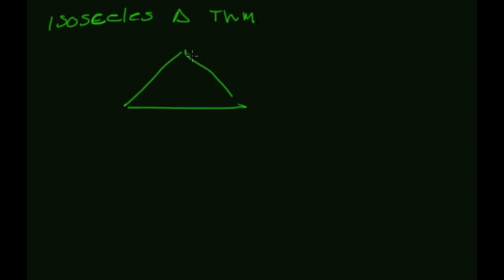Okay, so this is a named theorem, and it's called the isosceles triangle theorem. Basically it says that if I have a triangle that has 2 congruent sides, then the opposite angles have to be congruent. So if this side is congruent to this side, then that angle has to be congruent to that angle. All right, so the proof here is a little bit of work, but we'll get it,